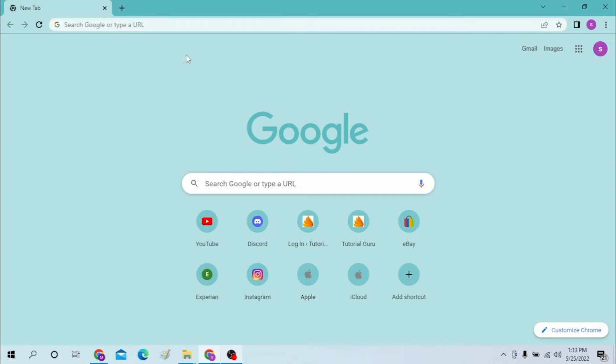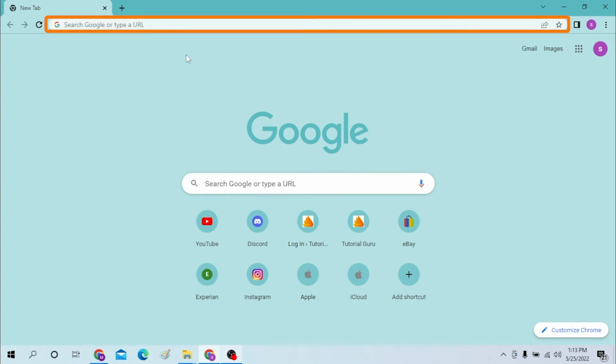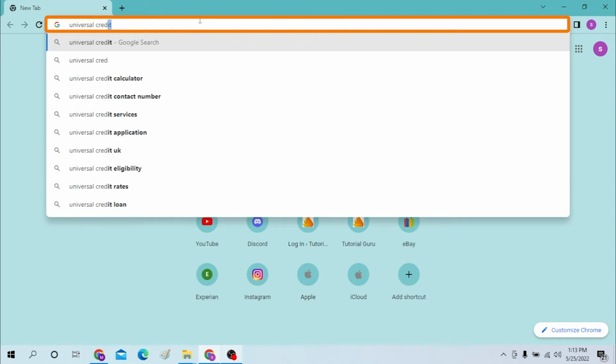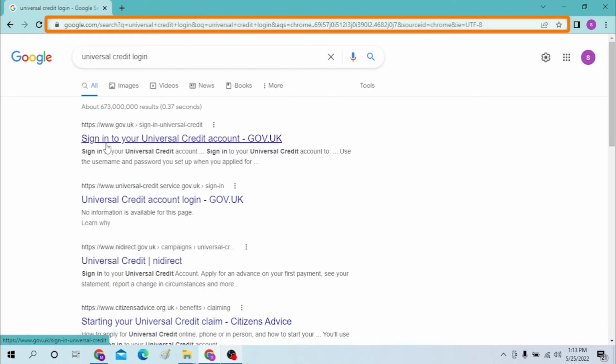Okay, on your computer, first open up your preferred browser. I have already opened Google Chrome, as you can see, and on the search bar, click over there and type in Universal Credit login like this and hit enter. And after that, you can see the sign in to a universal credit account gov.uk website on the first result